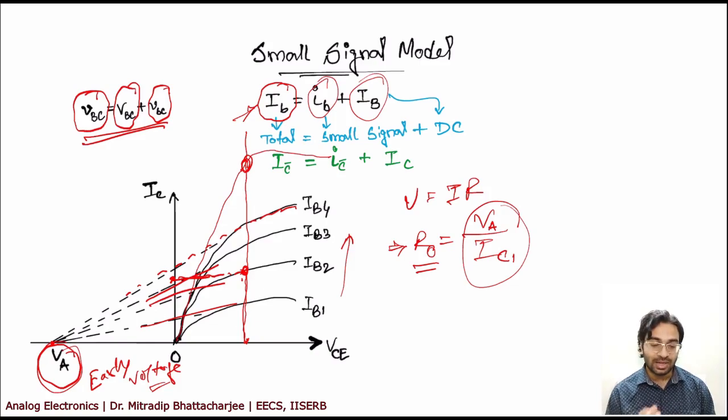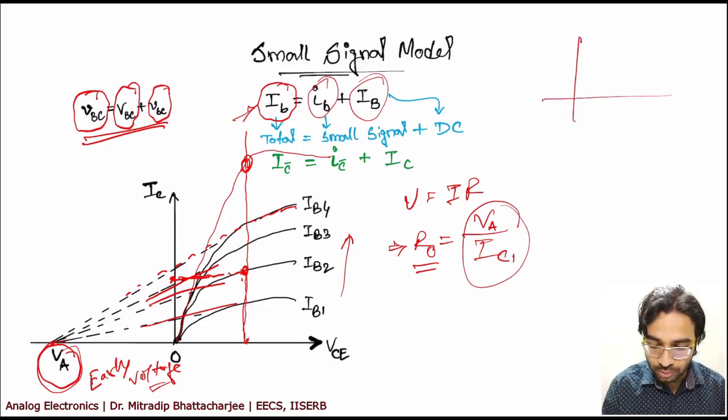Okay, so you will enter into the saturation, and once you are entering into the saturation, you probably will not get any amplification, right? Why you won't get any amplification? I have shown you that transfer characteristics previous day of that inverter. So it is V out by V in characteristics.